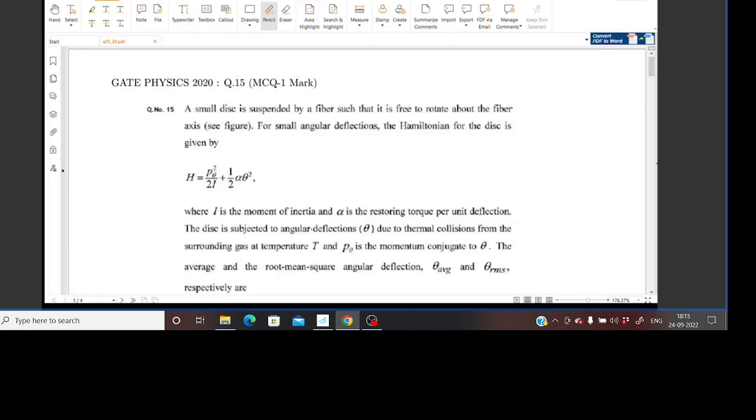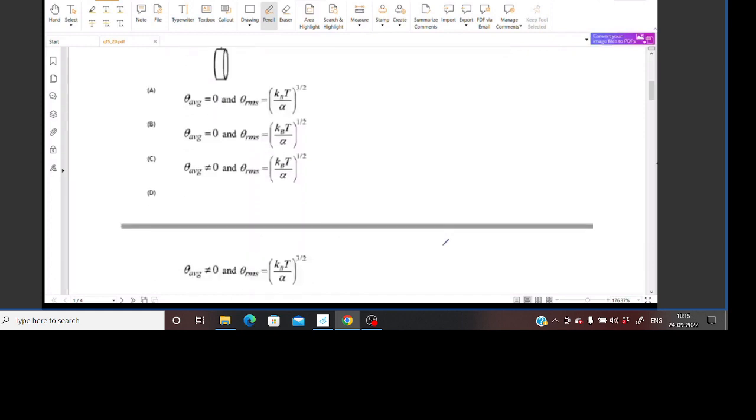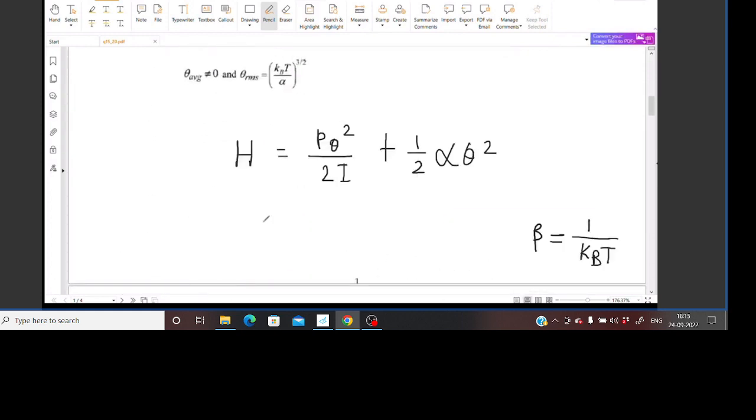The disk is subjected to angular deflections theta due to thermal collisions from the surrounding gas at temperature T, and p theta is the momentum conjugate to theta. We need to find the average and the root mean square angular deflection, theta average and theta RMS. Let's solve this question. In this problem, we have the Hamiltonian H equal to p theta square by 2I plus